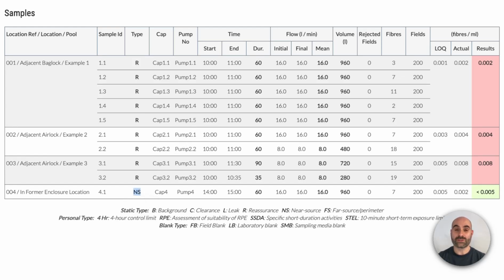But you could add additional test types, for example personal air monitoring results as well, and this would just keep growing as you added more of those. Now if this air test report is being created for a background, reassurance, leak or personal test reason, then they'll need to go to the lab first, in which case you would issue the report using the dashboard as I'm